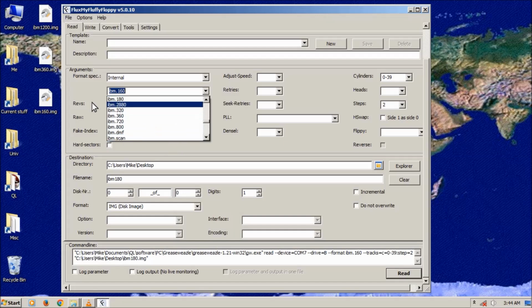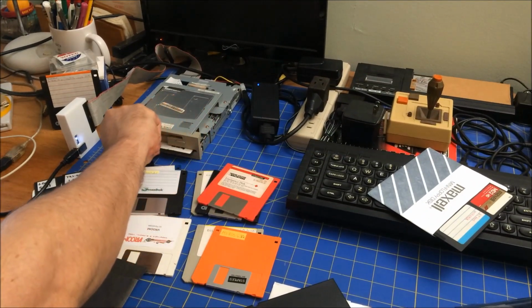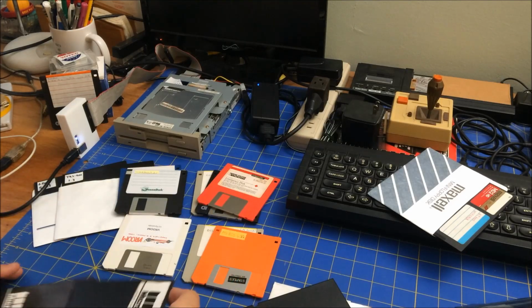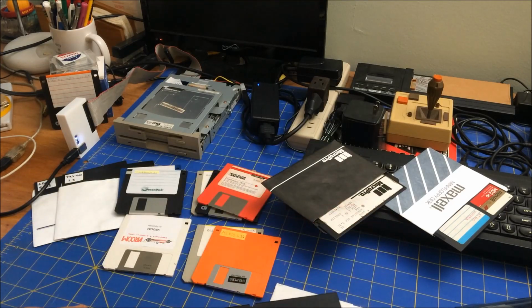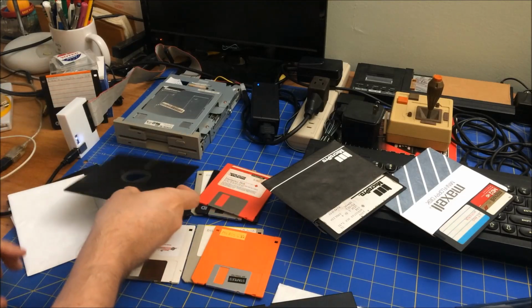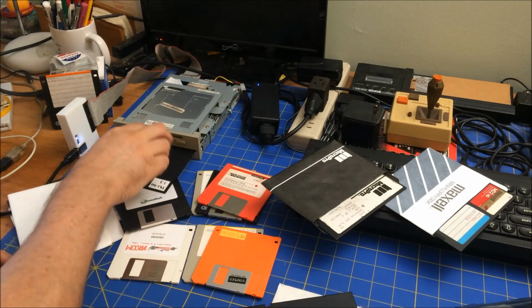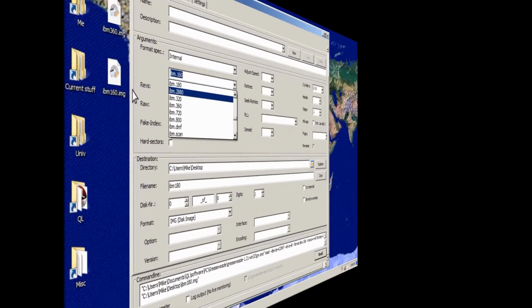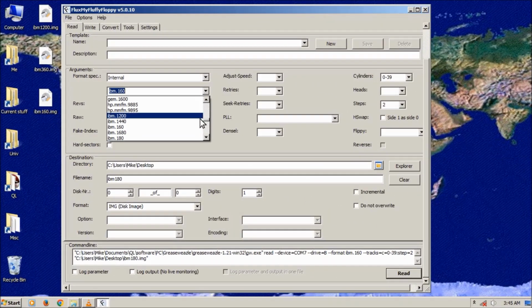All right, let's go back to my desktop. Okay, what I want to try next is let's see if I can get the TRS. I'll try TRS-DOS, and I haven't looked. Let's go back to the PC. So TRS-DOS. I assume